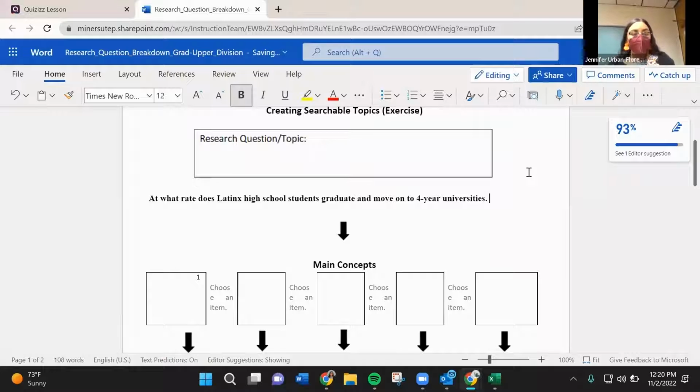Okay, so that is my question. Just kind of broad and maybe not very detailed, right? Just simply straightforward. At what rate do Latinx high school students graduate and move on to four-year universities, okay?